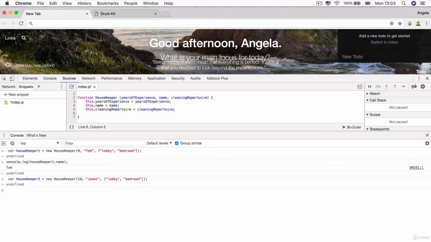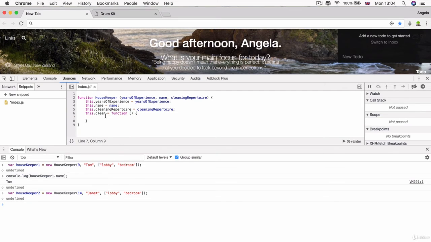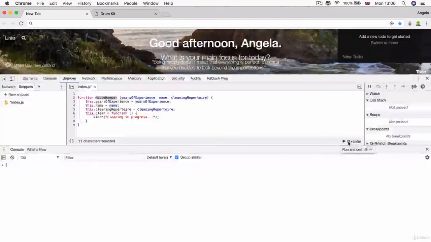All right, so as we said before, to create a new method or a new property, we first have to start with this, the name of the property or method. So our method is called clean, and it's not equal to just any value, but it's equal to a function. And this function, as we said before, has to send an alert that says "cleaning in progress." So now that we've got our method associated with our housekeeper constructor function, then we need to create new objects that have this method. So let's go ahead and again empty cache and hard reload, and let's run our new code,